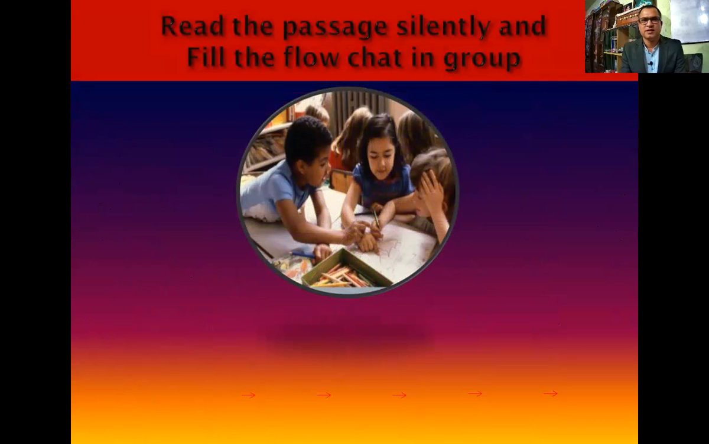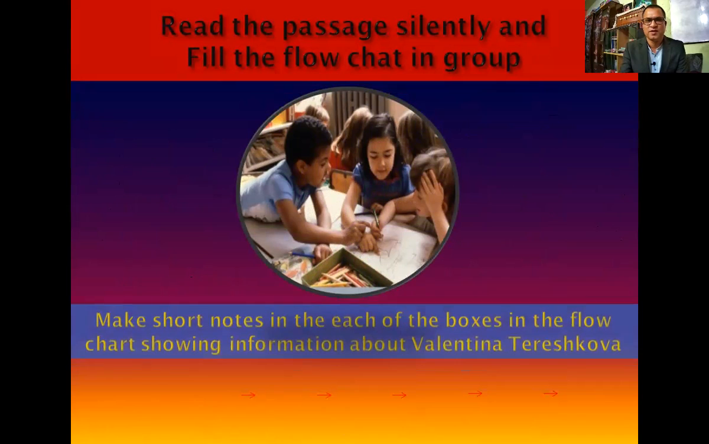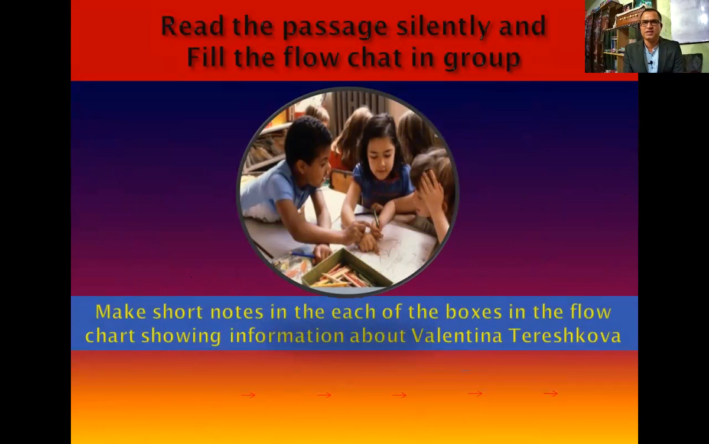Now, dear students, read the text silently and fill the flowchart in groups. Here is a flowchart. You know that you will have a question for 10 marks, which will be set forth in your question paper in number 2. The question is: make a short note in each of the boxes in the flowchart showing information